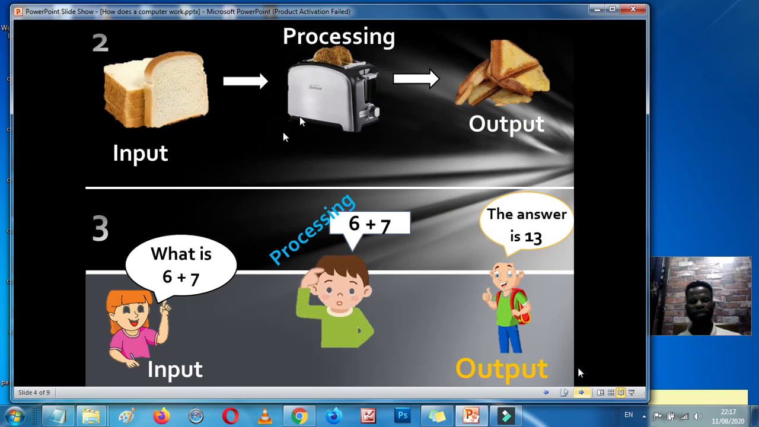Okay, another example, we want to make what? Toasted bread. The output should be what? Toasted bread. First thing, I will need to what? Get my sliced bread. I rub whatever I need over here. I'm mixing it. I put